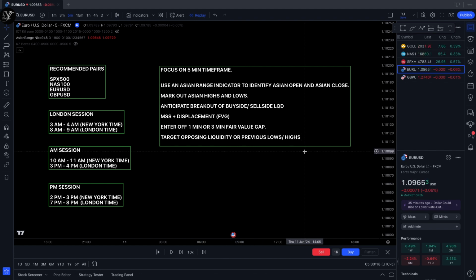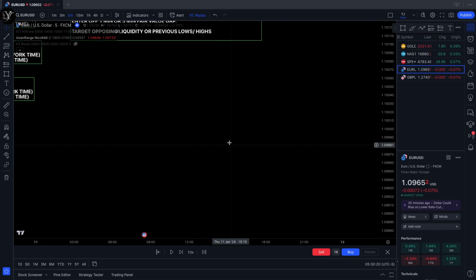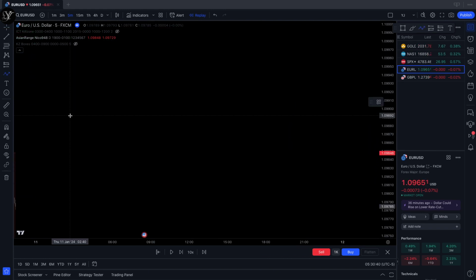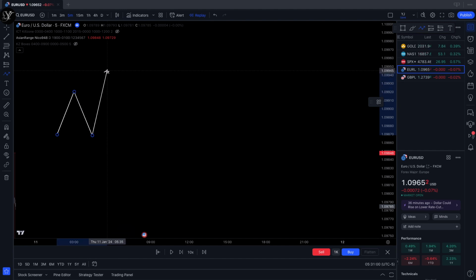Now let me show you guys an example of how this would look as a diagram. So in this particular example that I'm about to show you in the live charts, this is how it would look. We have our Asian range, which is this section right here. Price is consolidating, and then we're going to have a sweep of our Asian highs right here. So price is going to pass that. We're going to take out this liquidity right here, and then price will drop,